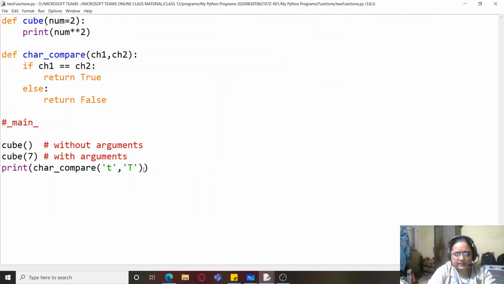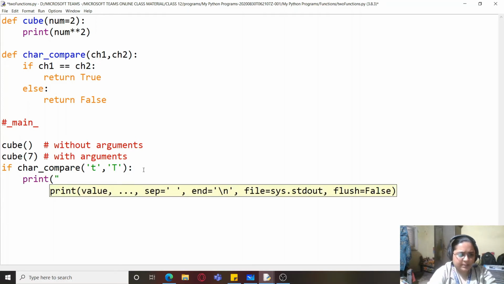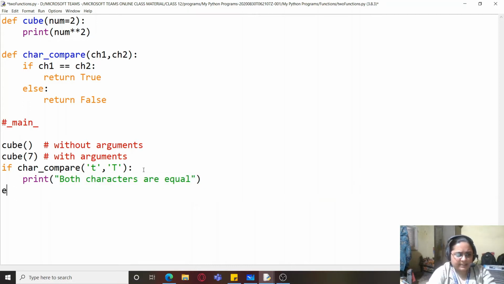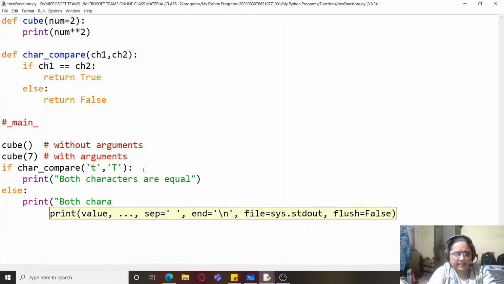You can use this also in your expressions. I can write: if char compare, that is if it returns true, print both characters are equal, else print both characters are unequal.